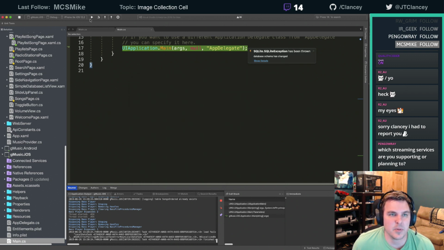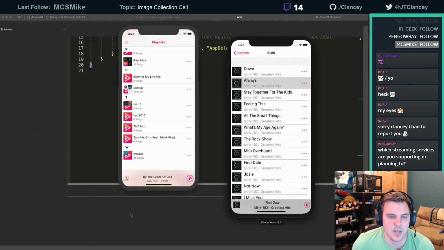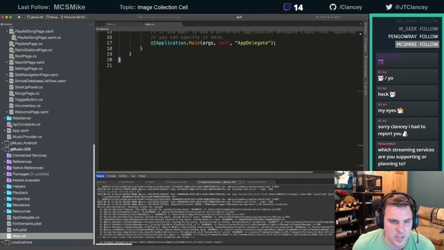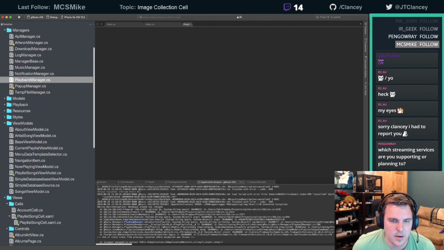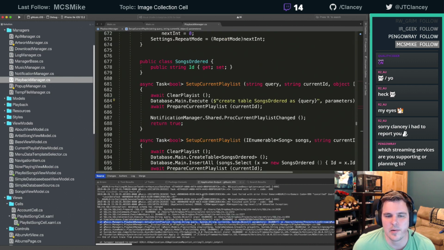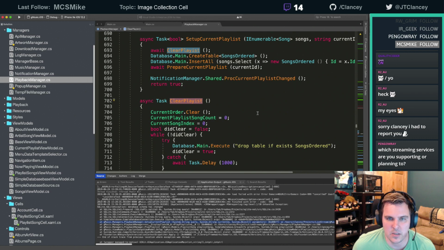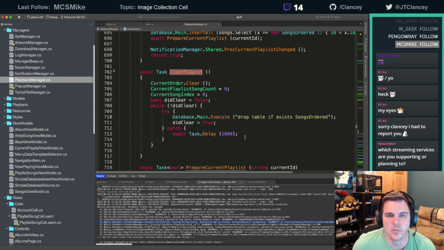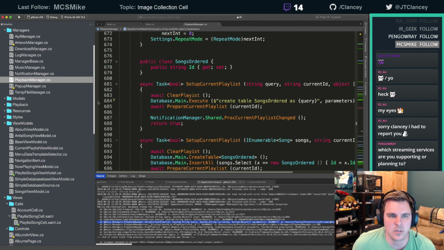Alright, so we're just going to press play. I wish this was not in the console, like I could just do it there, but I love how in the console I can just double click on the stack trace and go right to where I want to go. So clear playlist deletes the songs ordered. Yep. Alright, so by the time this executes,